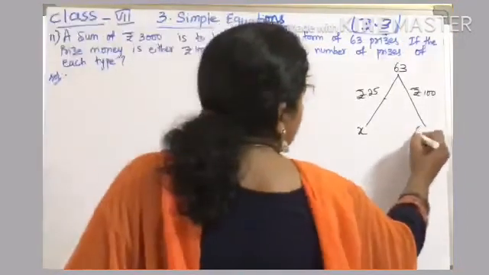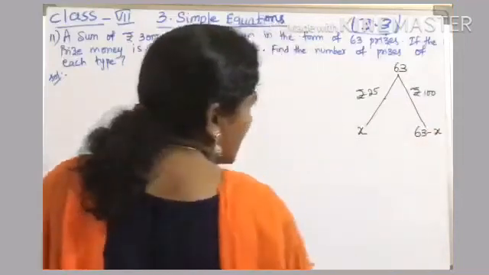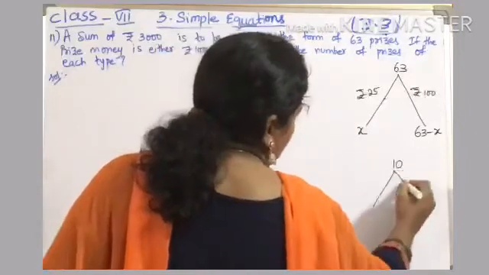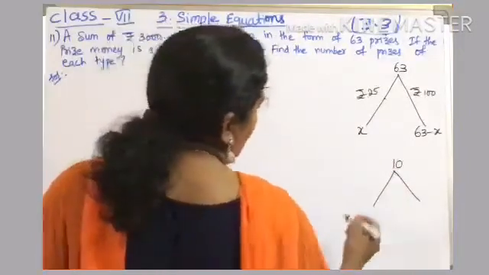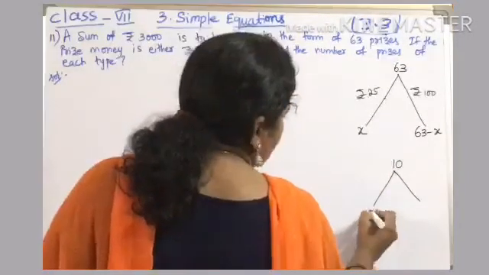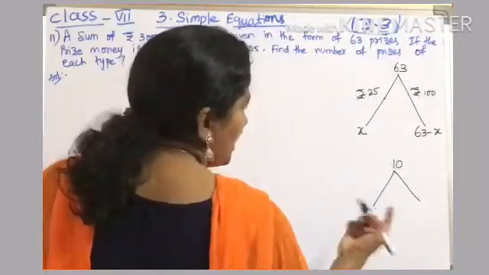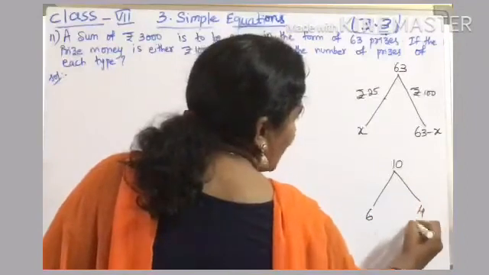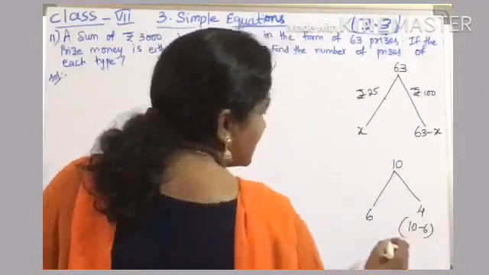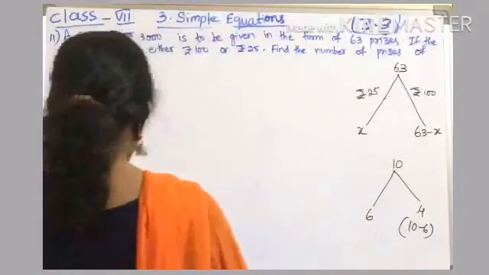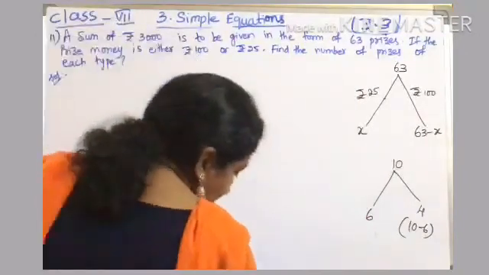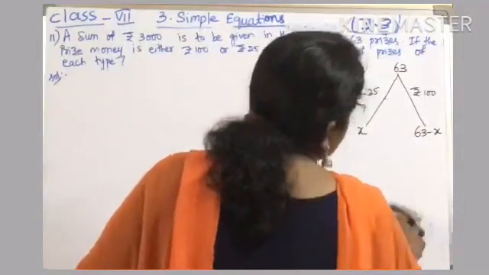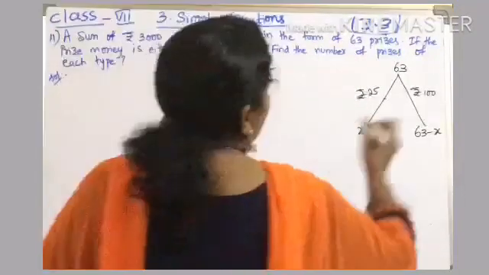Yes, 63 minus X, isn't it? Suppose you have 10 chocolates, okay? Out of 10 chocolates, you ate 6 chocolates. How many are left? 4. How did you get here? 10 minus 6, isn't it? Similarly, let's take 25 rupees prizes as X, then how many 100 rupees prizes will there be? 63 minus X. Is that clear up to here?